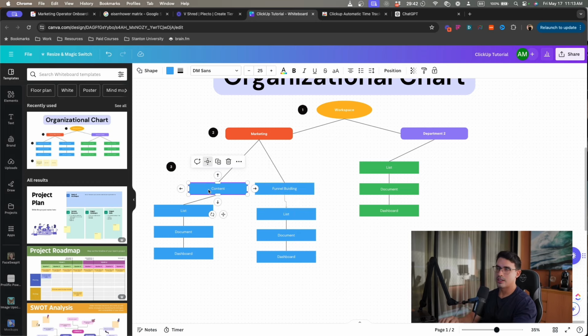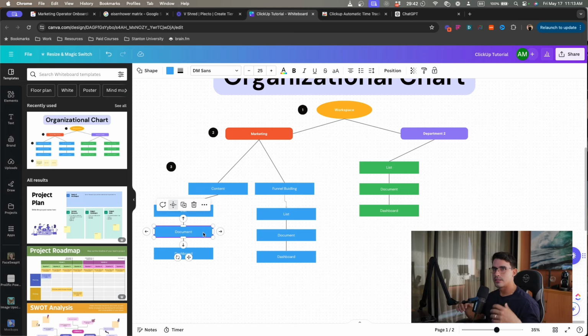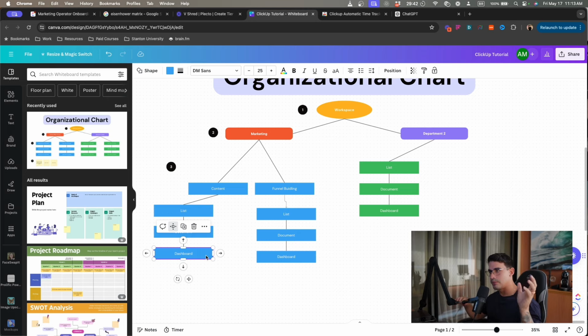And then inside the content, imagine you can have in the folder multiple lists that are related to the content building. You can add a document explaining the content guidelines, the fonts, the brand colors, the logos, etc. Also, the brand voice, all of those things to help people onboard. And then you can also add a dashboard that shows how many videos are being produced, how many videos are in review, what is the average time it takes to produce a long form video, a short form video, who is doing more of the tasks, who is doing less.